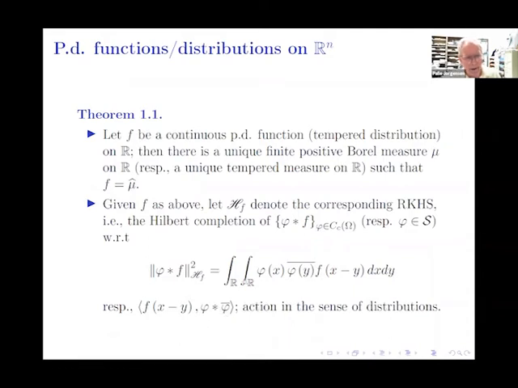And what we have here is a very, very natural thing. We want to create a Hilbert space by completing these convolutions here. And we want to complete them with respect to this pre-Hilbert structure here. And then we get a Hilbert space. And that's what we mean by the generalized kernel Hilbert space inspired by Lions and Schwartz. And so it turns out to be a very useful tool for analyzing Fourier expansions for L2 of μ.